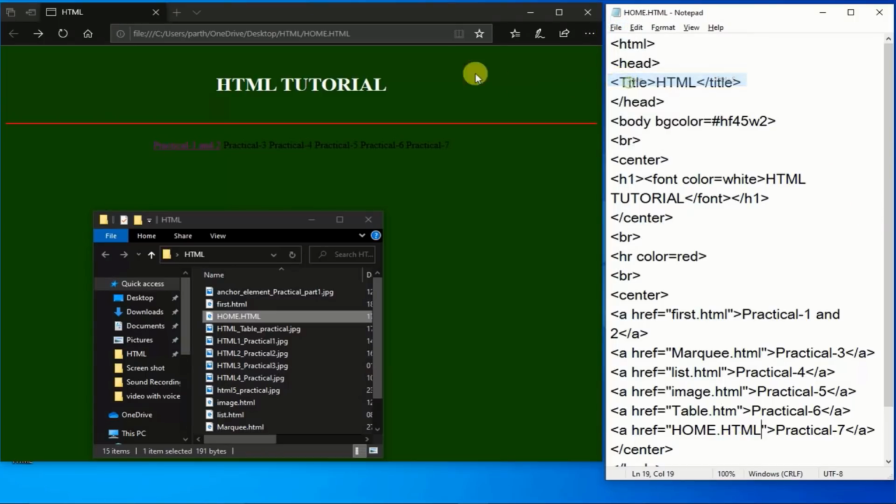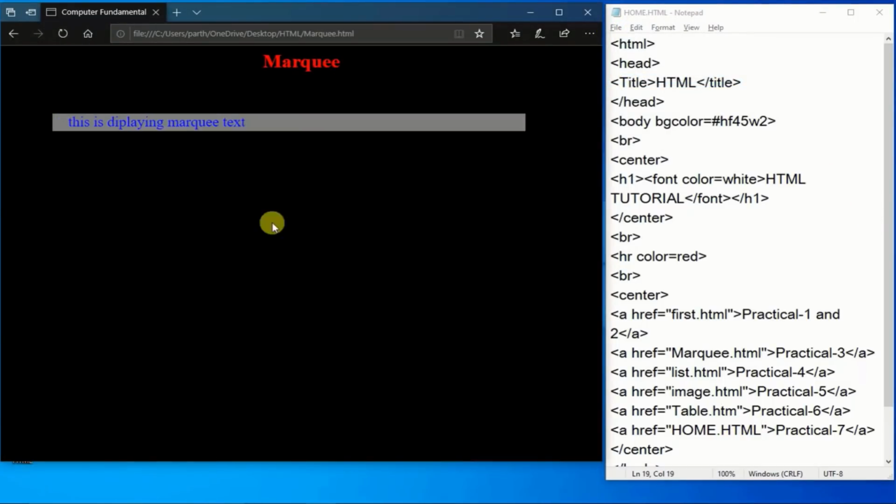Now our linking to every item is complete.